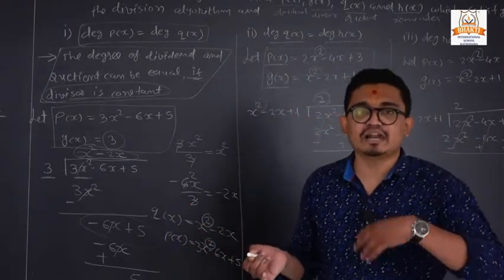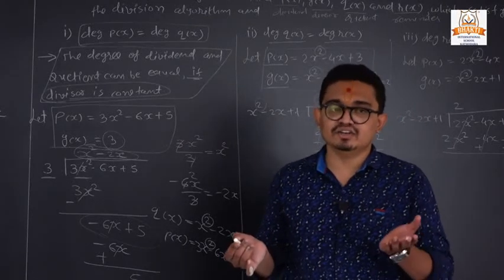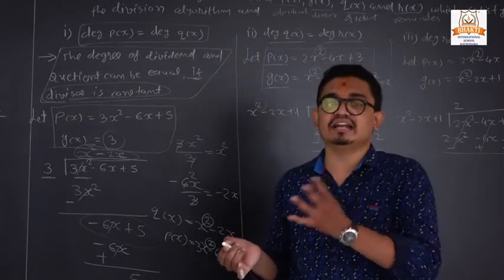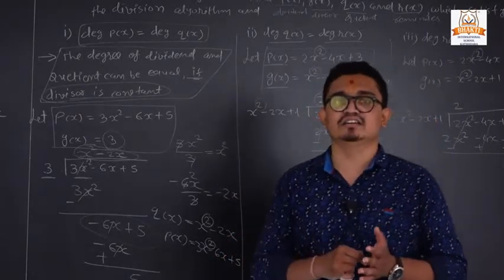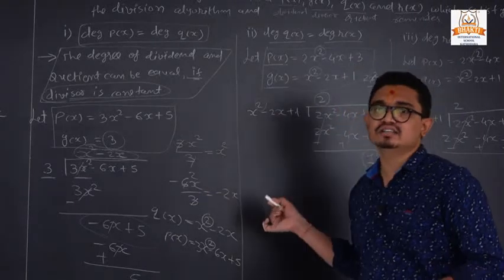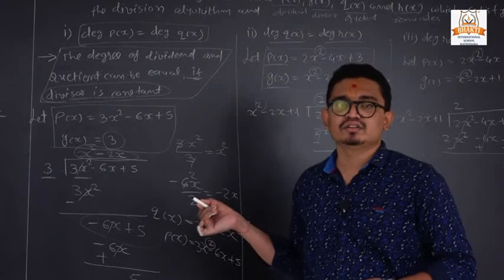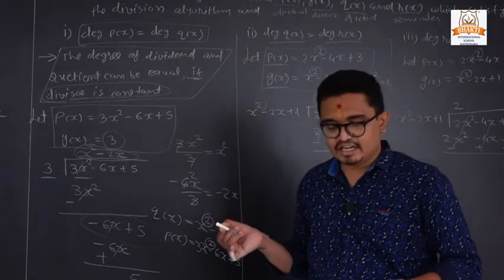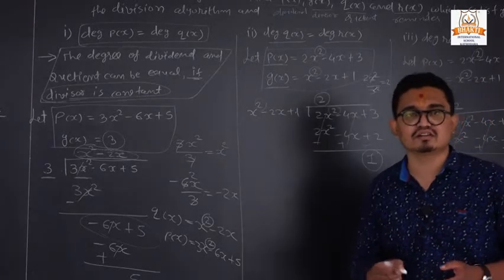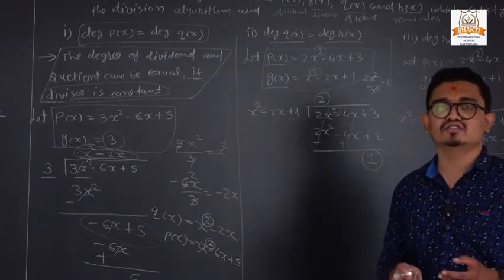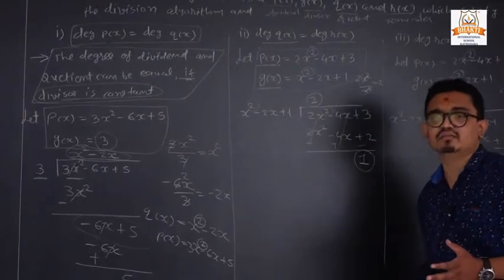You can also practice solving the sums which are given before the exercise, so you at least have an idea how to write them, because they are similar to the sums given in our exercise. The weightage is also high, 6 marks in a board examination, and it is a very easy chapter. So you can write down each and every sum and try at least at home. We can also give some extra sums in your worksheet, so you can get the idea. So this chapter will be over.